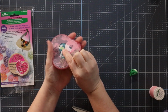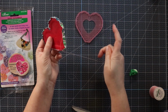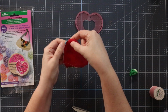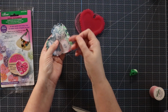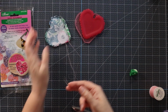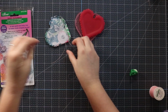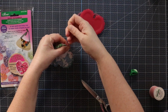we're going to just push up, and we can push up through this hole in the back and carefully remove our stitched fabric from the template. And now I have 2 sets of threads, one that has the needle on it and one that doesn't. If you're nervous about this needle, you can just go ahead and cut it off. And now we're going to carefully, with both these threads, just pull